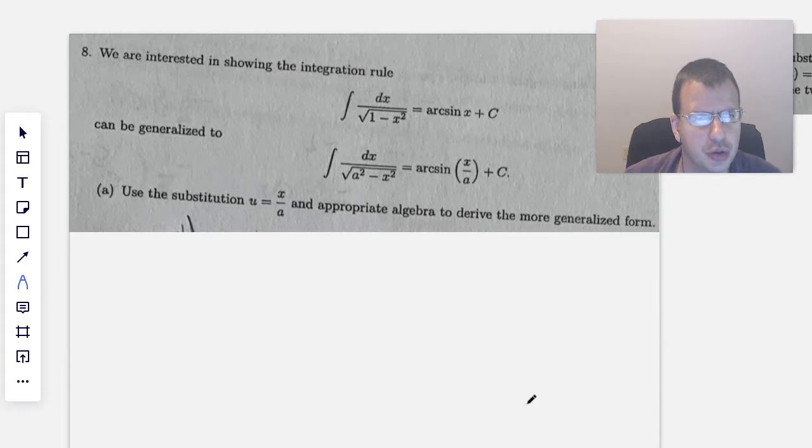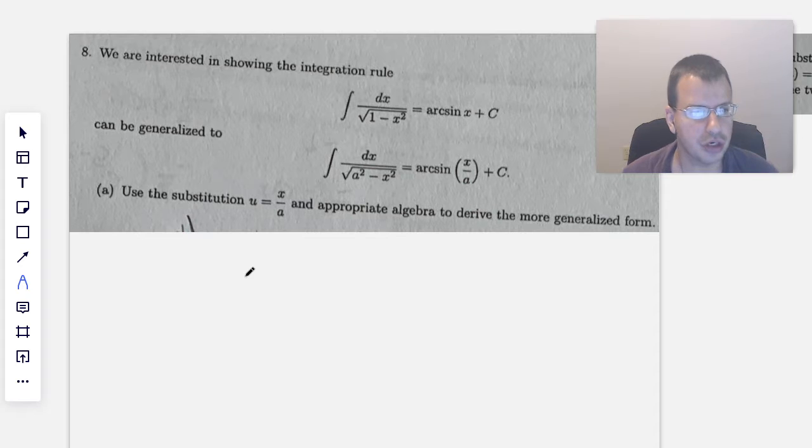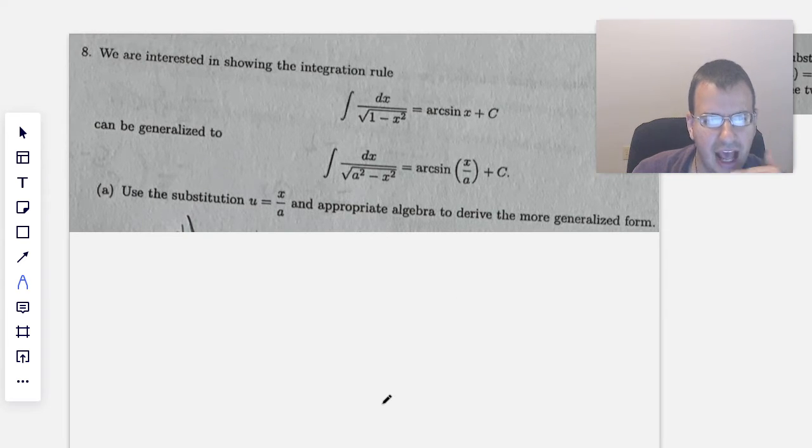We are interested in showing the integration rule that the integral of dx over the square root of 1 minus x squared, did I say square root? I meant square root, equals arcsine of x plus c, and we want to generalize it to having a constant up front. Alright, so to do this, we're going to use substitution u equals x over a and algebra to